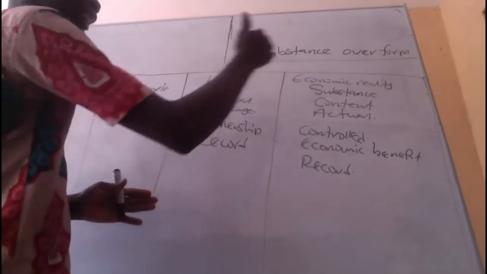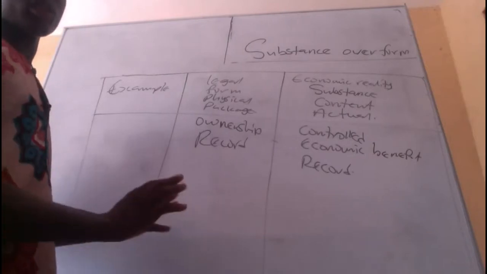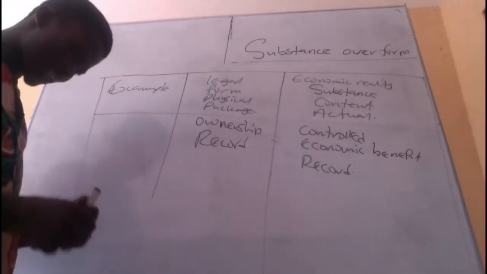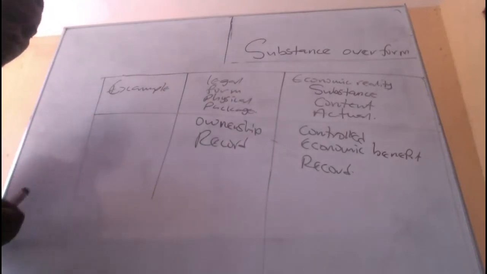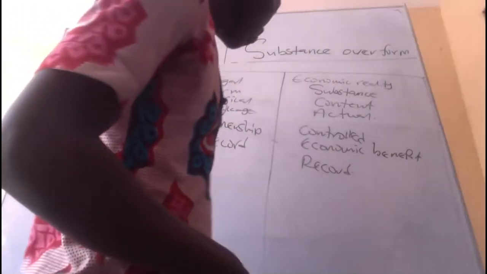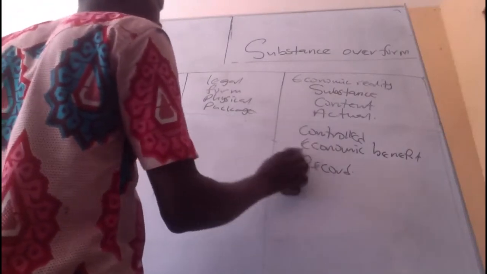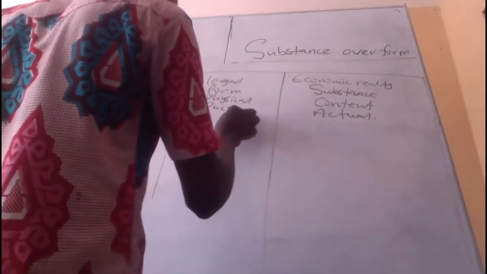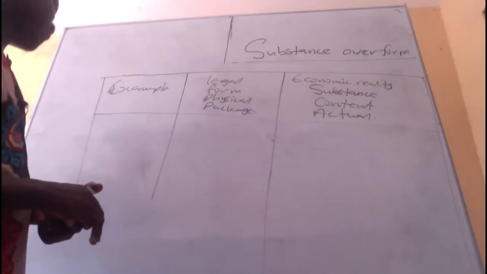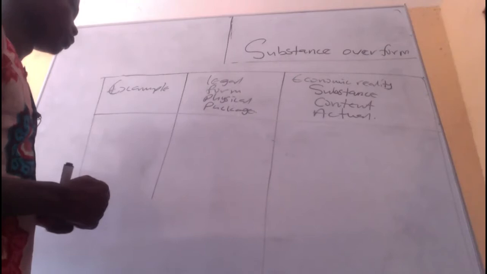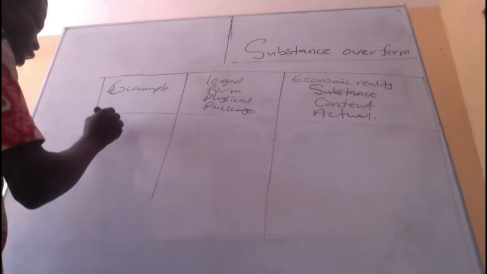So here there's no confusion. The legal form and the economic reality of the transaction are the same. So there's no difference. But this is not going to happen for certain transactions. For some transactions, the economic reality will be different from the legal form. So take notes for me and you'll be fine. Now let me clean it and start with examples of transactions whose economic reality is materially different from the legal form. So take note. The very first one is the finance lease.